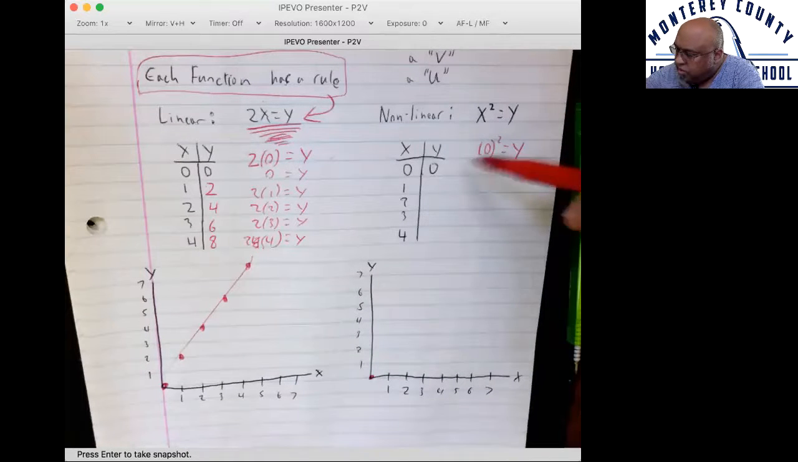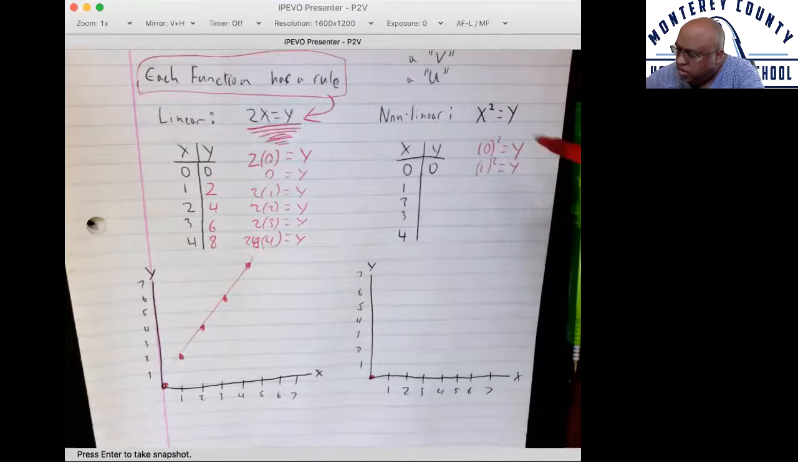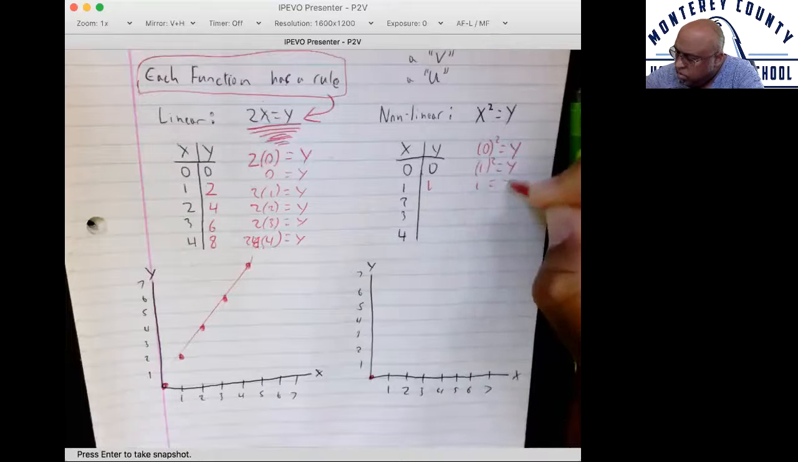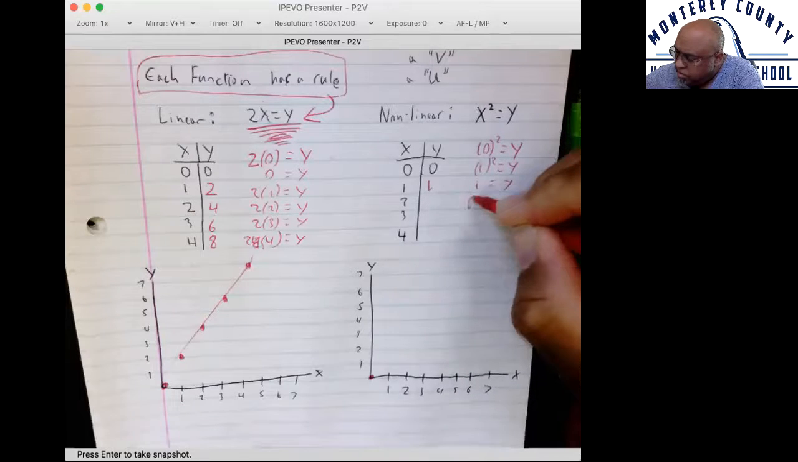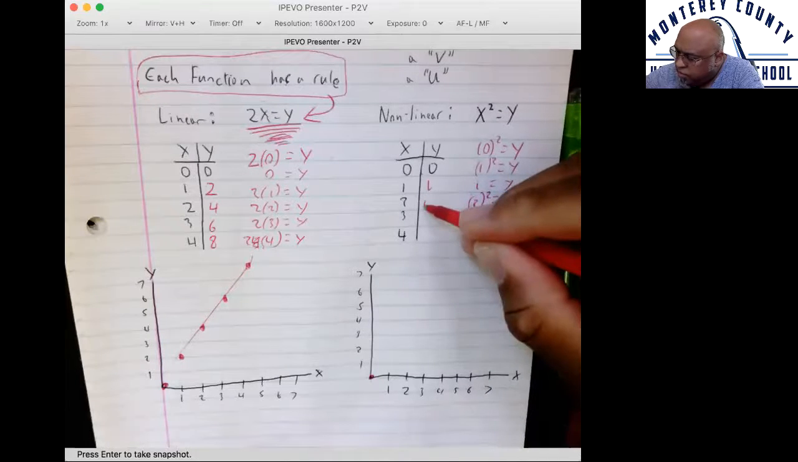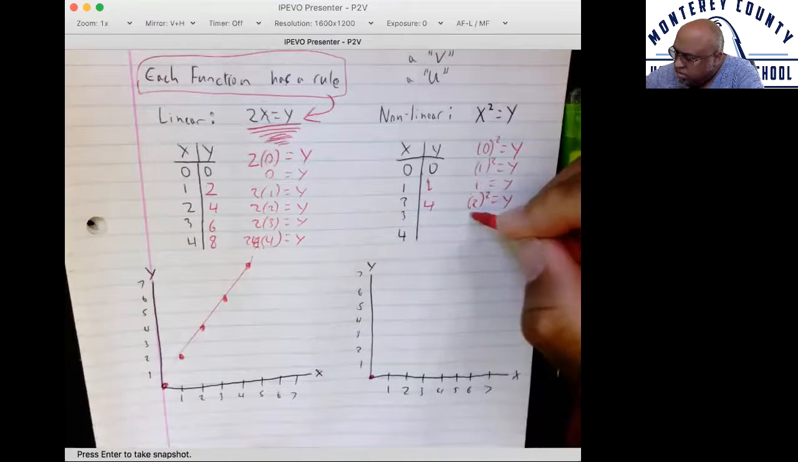So let's do the next one. If x is 1, then 1 squared means 1 times 1, which is 1. Okay. So if x is 2, then 2 to the power of 2 means 2 times 2, which is 4. If x is 3,